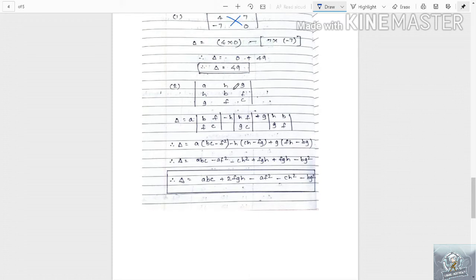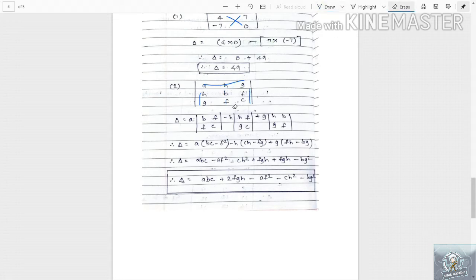Same, this is new, a 3 into 3 matrix sum. So this is also very easy. Only you have to focus on row 1. Copy A as it is and then hide this first row and column 1. Then what is left? BF and FC, and write beside A. Then copy H and hide first row and column 2. Then what is left? H, G and FC, and copy. Here minus sign will come as we have learned in last year.